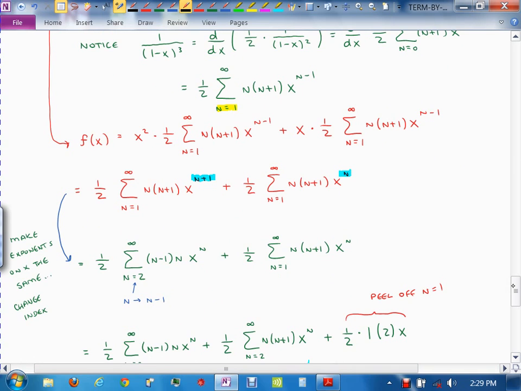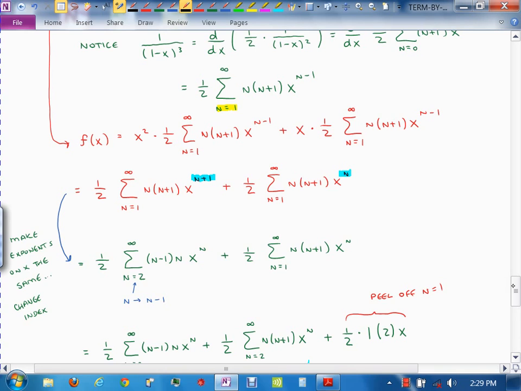X squared gets multiplied in here. When I take x squared in there, don't I add the exponents? What's x squared times x to the n minus 1? That's x to the n minus 1 plus 2, which is where I get this n plus 1 from. Everything else is the same. Then this x goes in, and you add 1 here, and you get what? N. Do you see it? I know this is a lot for me to talk through, but